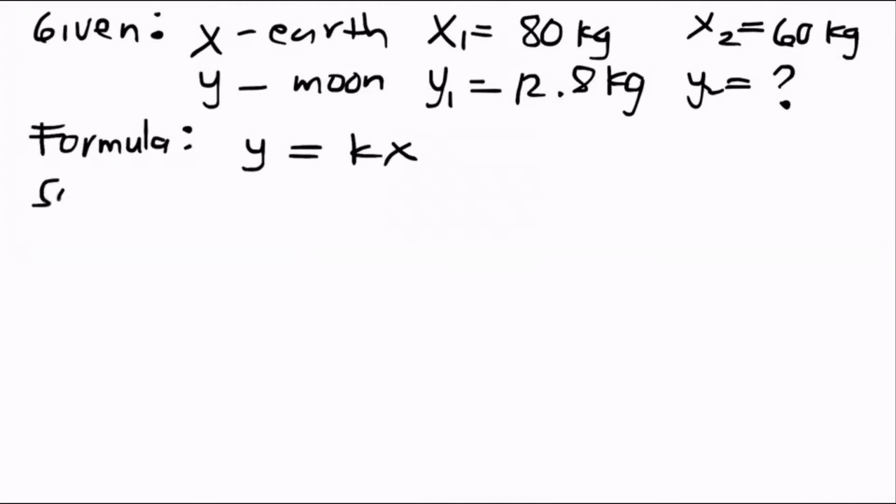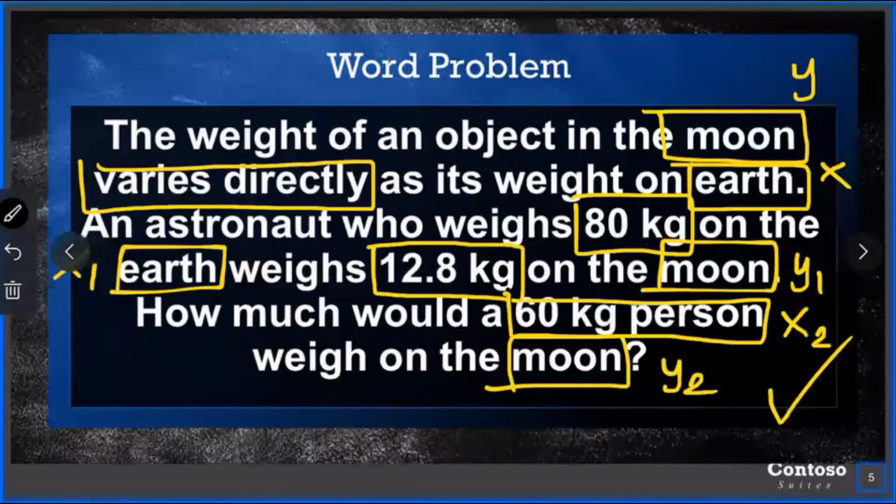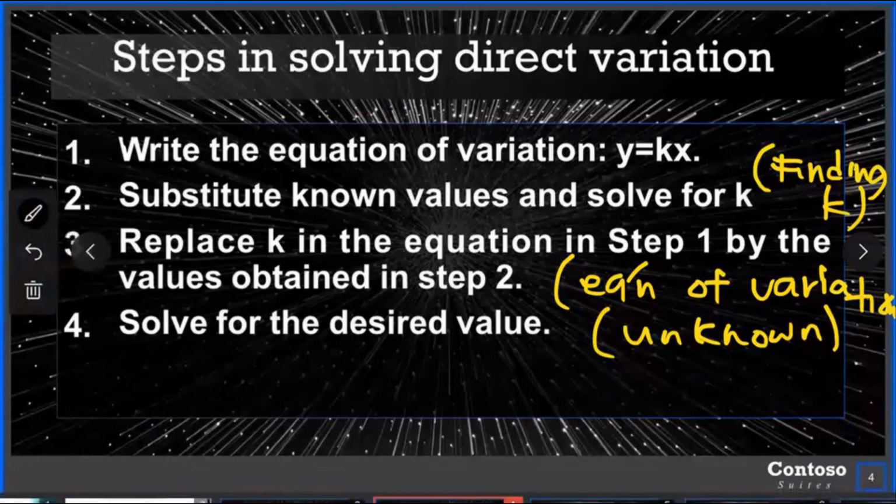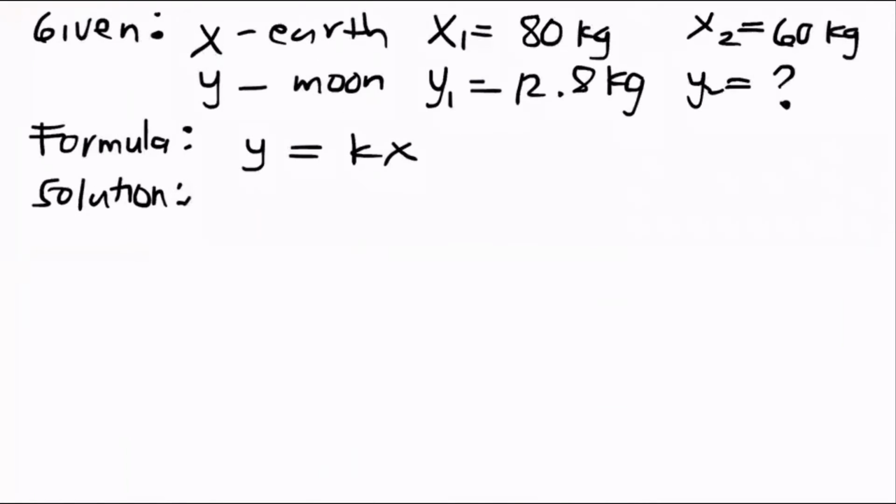So let us go to our solution. For our solution, just like in the steps in identifying the direct variation, ang first step natin is we need to first write the equation of variation in terms of y is equals to kx. And after that, we need to substitute the value of the known and solve for k. So let us do that. So we will just substitute the